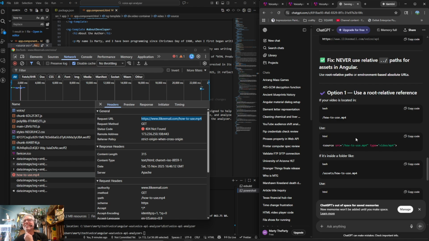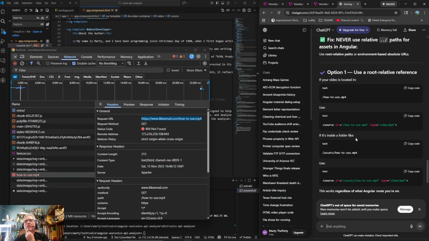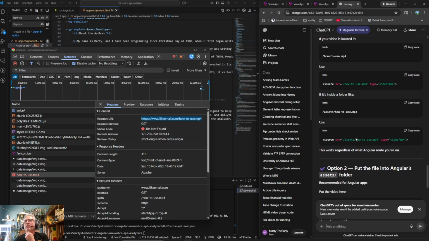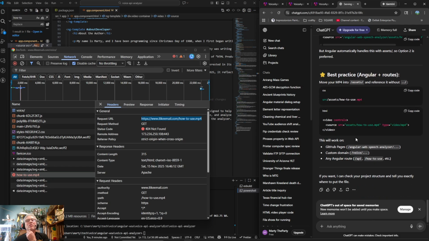Never used that. Okay, so that's how it used to be. It used to sit in Angular. It's weird. When I build, it's weird.